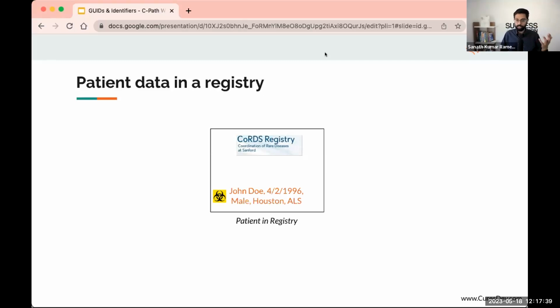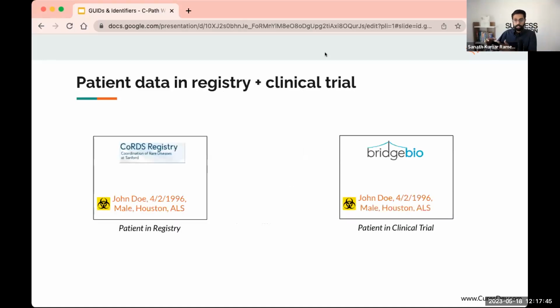Typically, patient registries do have this information because you want to be able to contact the patient back, and that's the whole point of it. Let's say there is a clinical trial running for this disease, then they would also collect some form of patient information, because somewhere in their clinical trial database, they need to know who this person is. And that's radioactive too, right? Some databases are uniquely equipped to handle radioactive information.